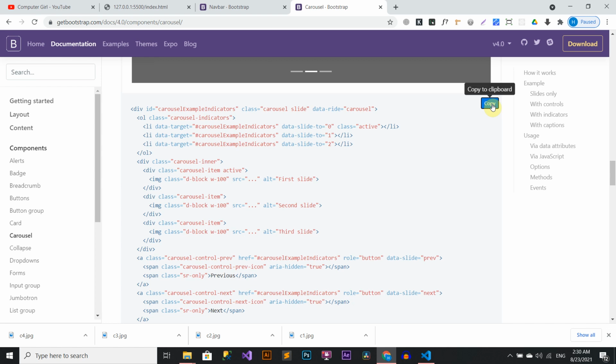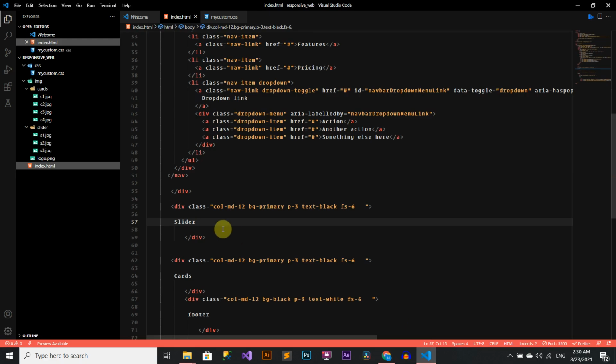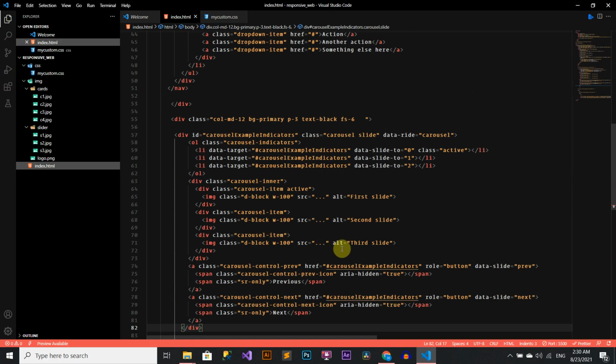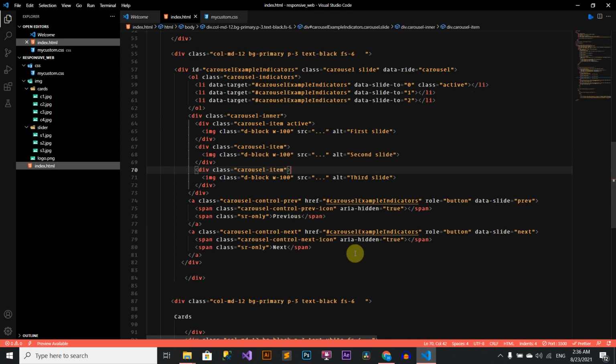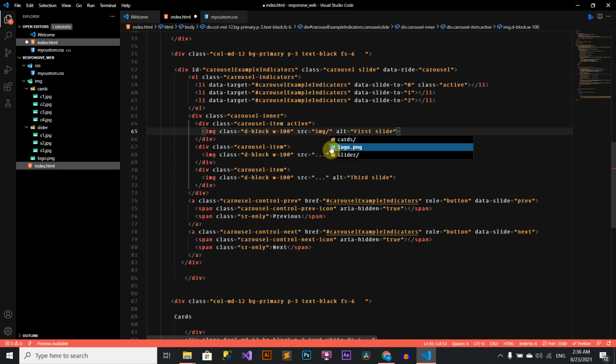We will paste it in the slider. We will insert images here. img, slider, s1.jpg. S1 is the slider image's name.